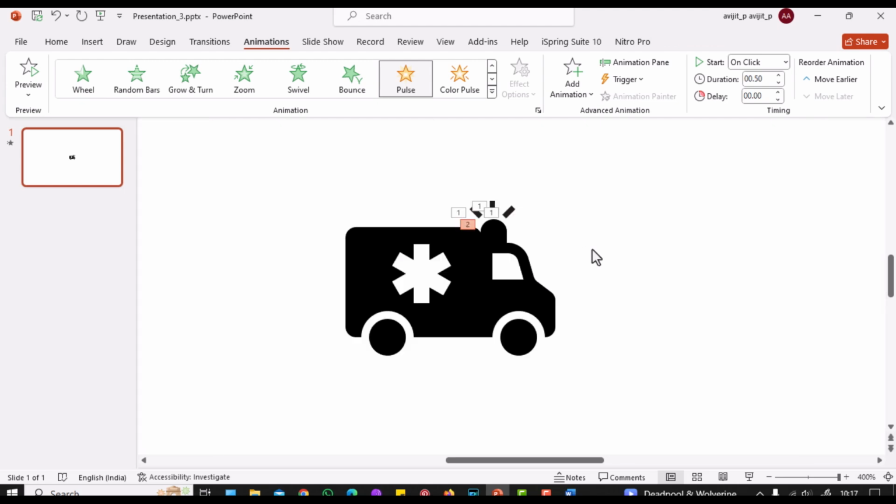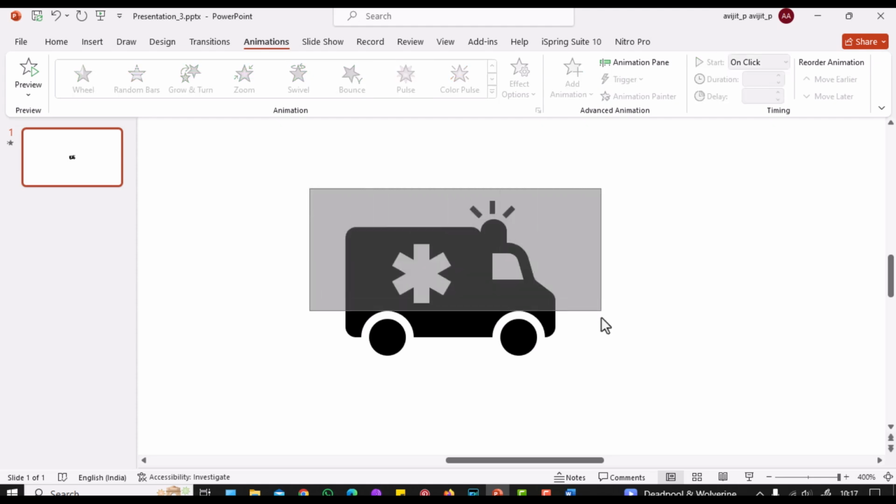Then add a teetering effect to the whole of the ambulance so that it appears like it's moving.